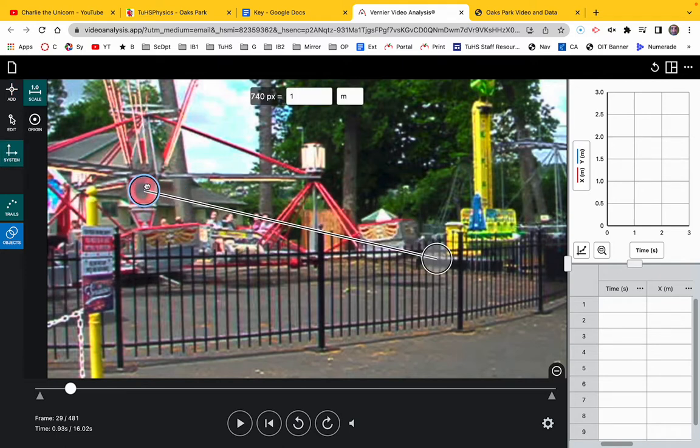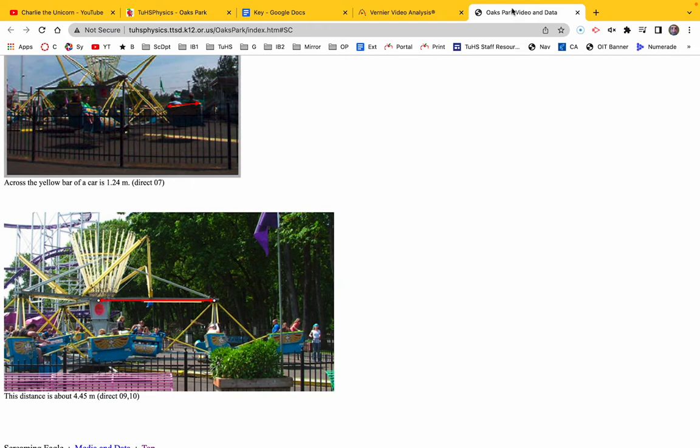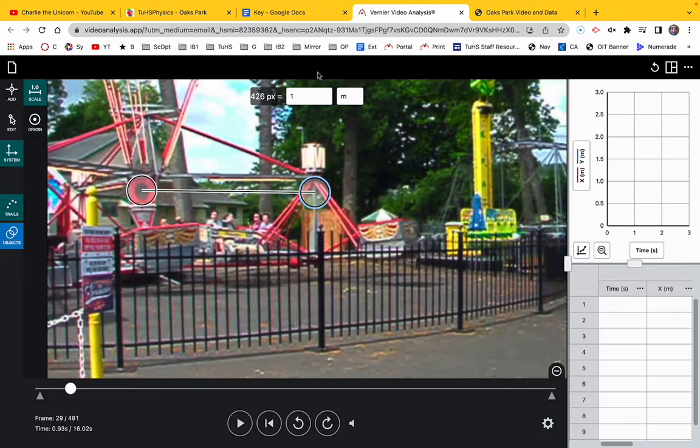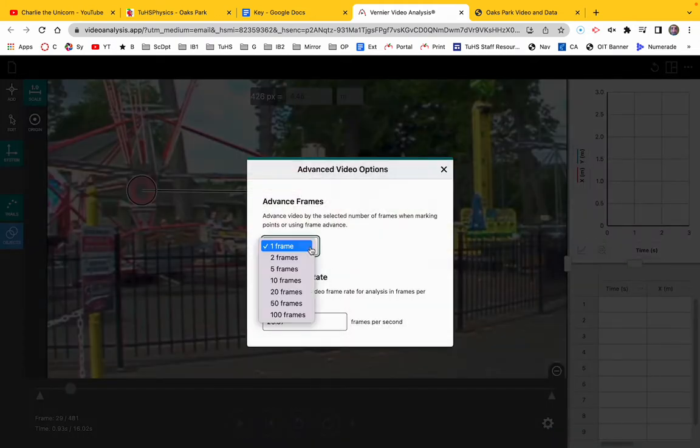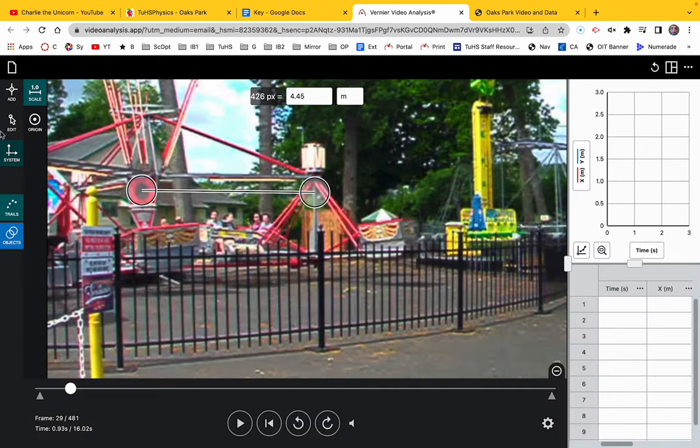We know this distance is 4.45 meters, I believe. Is that right? Yeah, 4.45 meters. 4.45. And then I think what we want to do is do every 2 frames. It's probably the thing to do. All right, and then I want to find a,